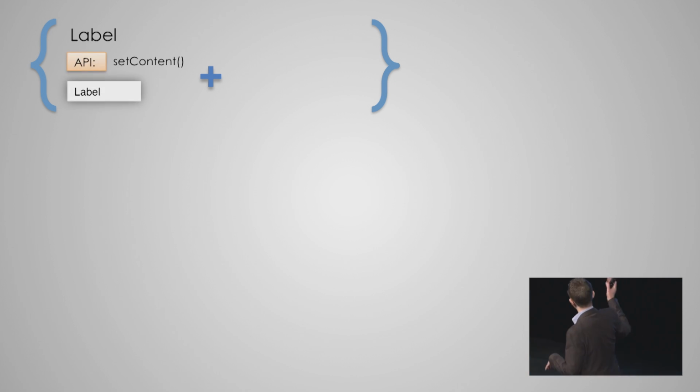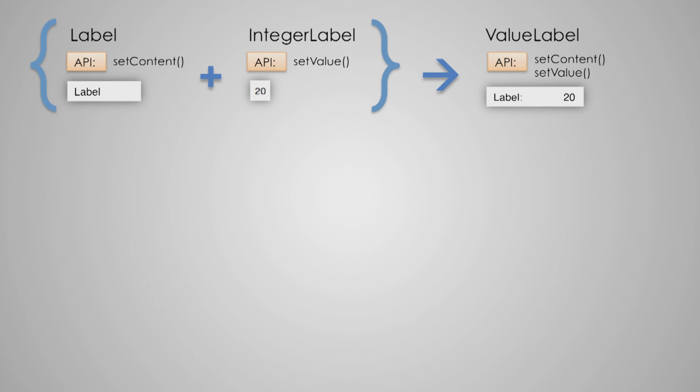Okay, so let's start with something really simple, a label. This might be a component that all it does is create a div and render a string out into the label, really simple. We can inherit from that label and create an integer label, which does the same thing, only it takes a property on its API and parses it into an integer and sticks that into the label. That's not real exciting, but we can compose these two things into a brand new component called a value label. This is now a new JavaScript component that composes those two previous components into a brand new component that can be rendered out. Still not real sexy, but hang on, we'll keep going.